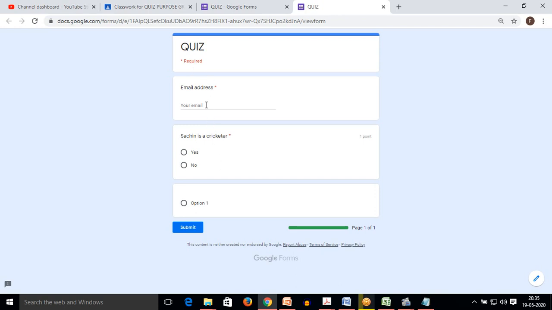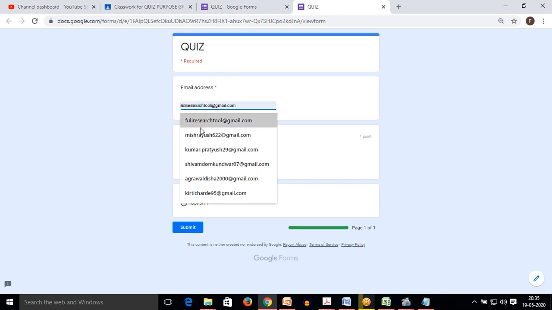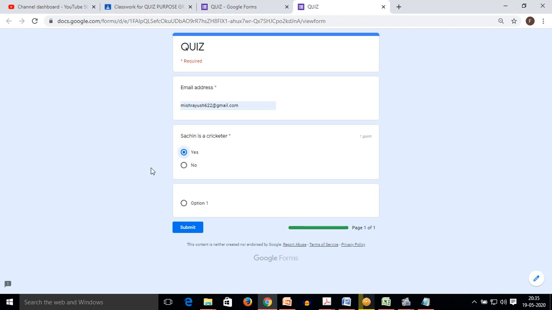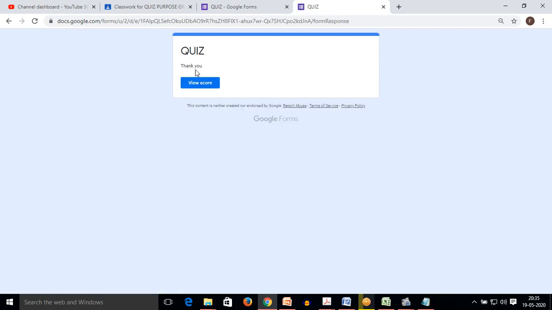Now as I chose to collect the email address of individual students, this tab automatically appeared because I didn't include it in my question section. And finally, I am just writing some kind of mail, and I will press yes. Okay, I will just submit, and the thank you message came because I gave this message in the confirmation section.